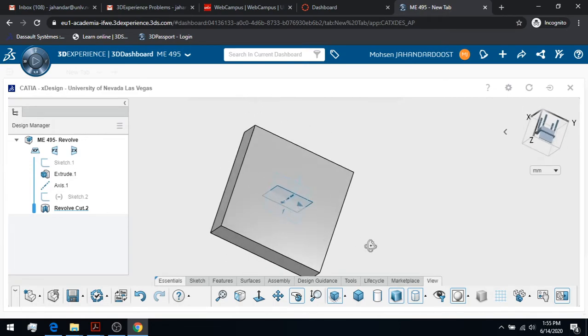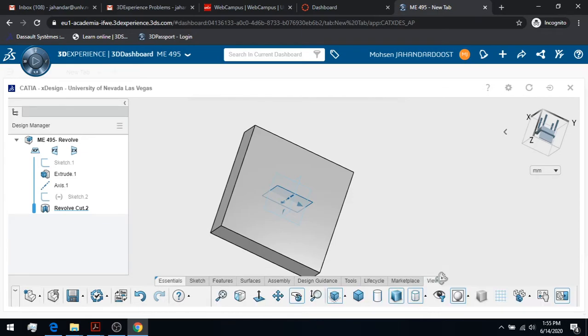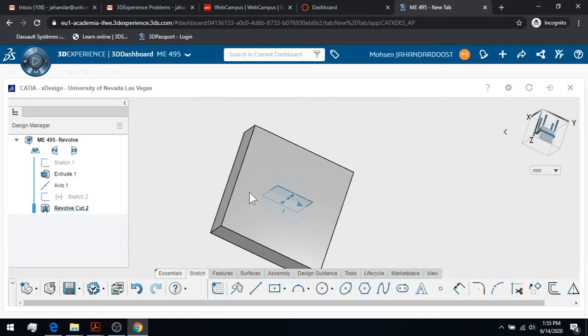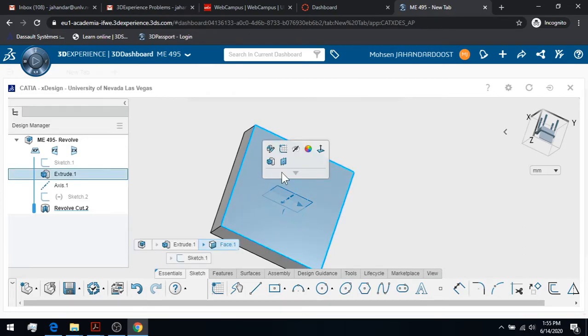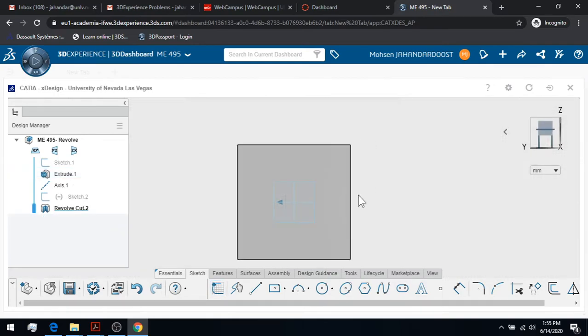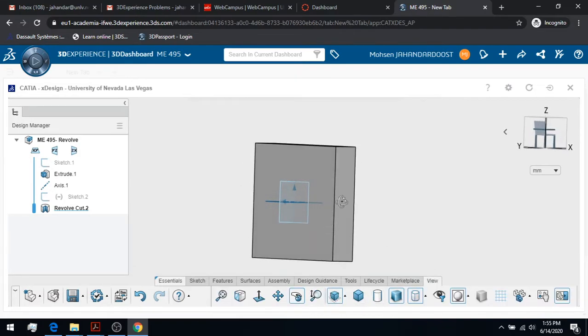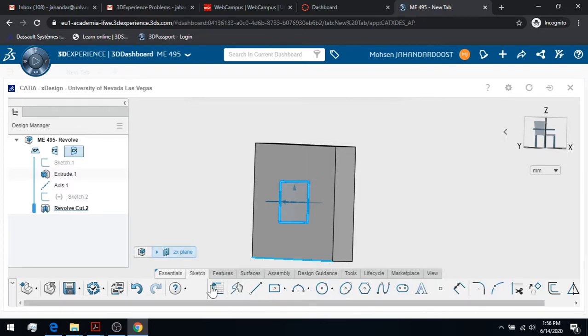I use the same axis, and the only thing is that this time I turn off this one and select the bottom part. I create the new sketch. Sorry, I need to select another plane, because this is the revolve. So I need to create the cross section of my cut or my revolve. The cross section sits in this plane. So I select this plane, and then I go to the sketch and put in the new